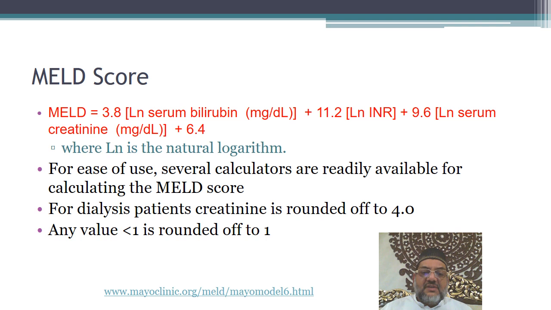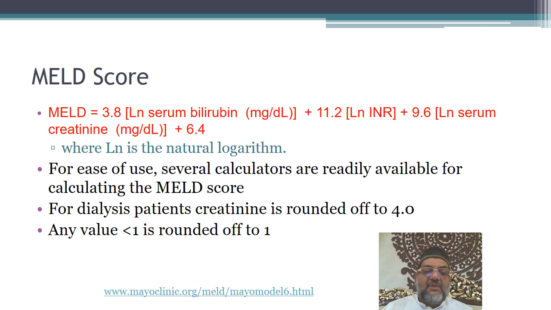The MELD score was basically devised for patients undergoing liver transplant, but it has also been used by clinicians to find out the extent of damage in patients who have chronic kidney disease. The MELD calculator is available online and it is 3.8 times the natural log of serum bilirubin in milligram per deciliter plus 11.2 times ln INR plus 9.6 times ln serum creatinine plus 6.4, and ln is the natural logarithm which is inbuilt in this score,